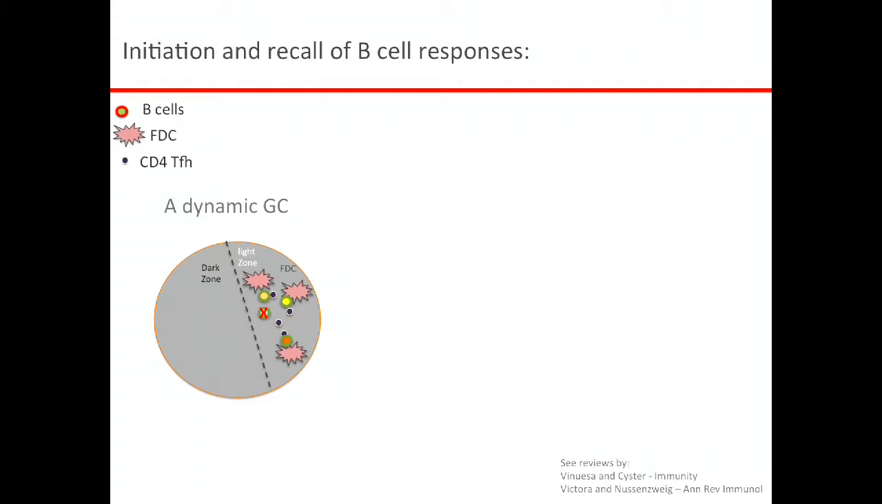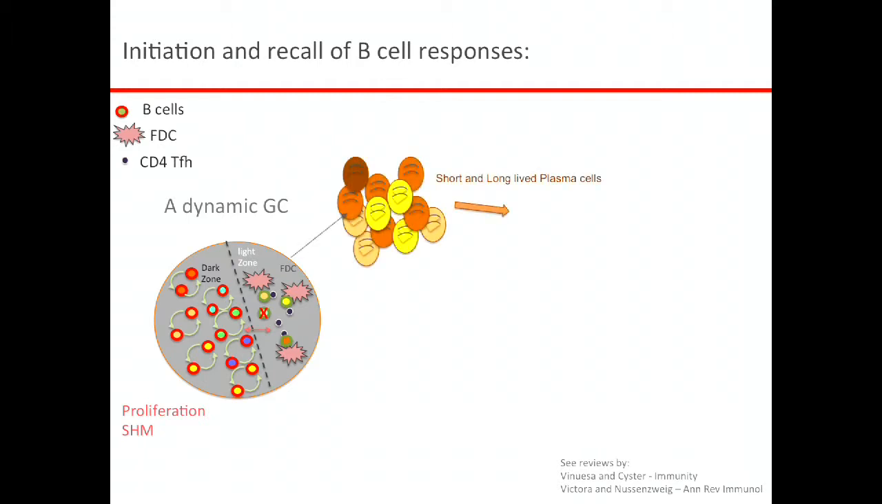they then require CD4 T cell help and move to the dark zone. If they don't get CD4 T cell help, they just apoptose. Once in the dark zone, they undergo somatic hypermutation and proliferation. They then migrate back into the light zone, where their fate is decided. They either go to be short-term and long-lived plasma cells, which then contribute to circulating serum antibody in the bone marrow,